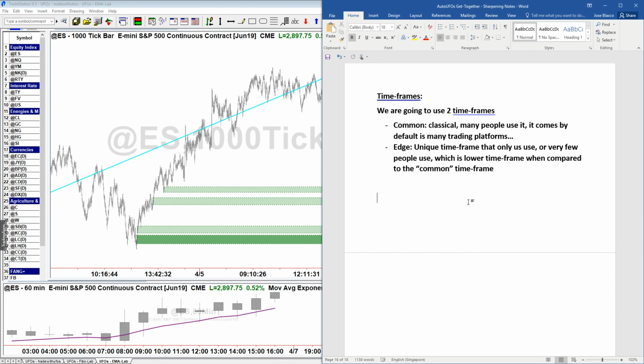What do you do? It's not about using different time frames to try to have the sky, the moon and the stars line up. The case is to add probabilities to our trading. Probabilities are added by looking at a trend, and trends tend to last. So we'll use the common time frame, which based on our definition will also happen to be a little larger, but not because we need to use larger. It's larger because it tends to last, so it is common sense to assess the trend in a larger time frame. Does that make sense? Then we'll use the edge time frame to be more precise at our entries and also targets.